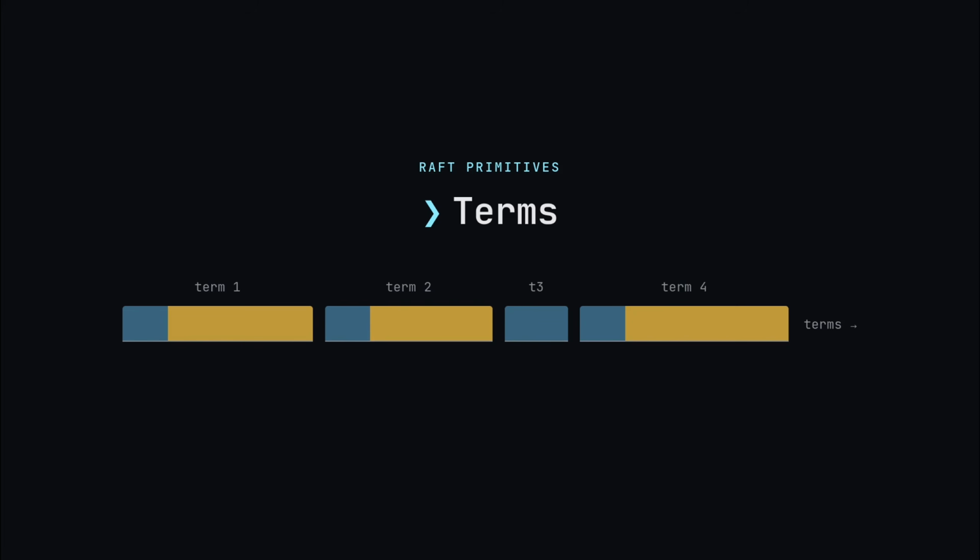Now Raft divides time into terms. You can think of them as election cycles. Each term is just a number that counts upward, and in that sense, terms act as a logical clock. A term usually starts with an election, and if someone wins, you then get a stretch of normal operation under that leader. Sometimes the election fails and you get a split vote, so nobody wins. We will look back at this later, but basically in that term there simply is no leader elected, and the numbers keep going and the cluster tries again.